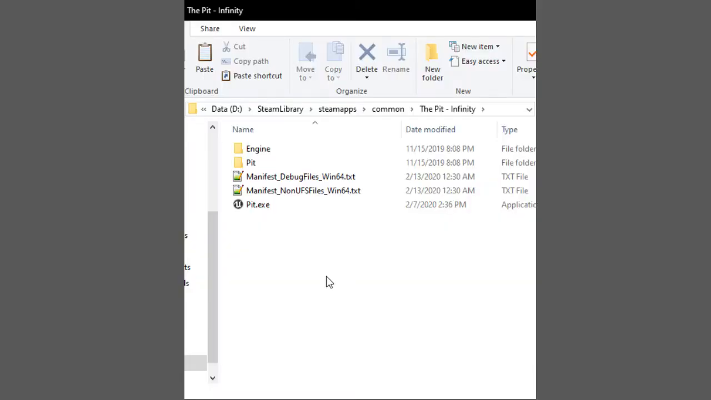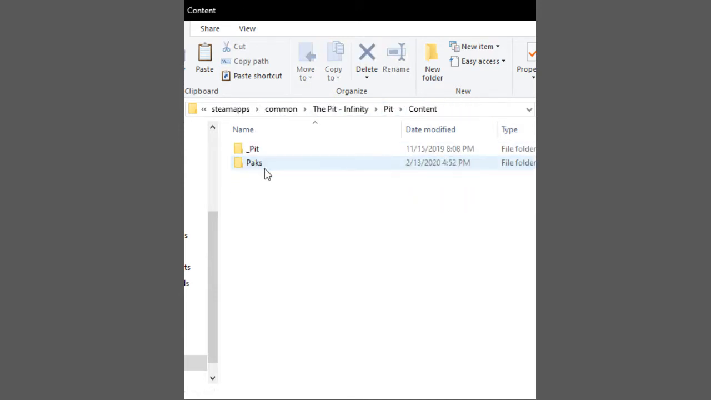Okay, so once you have those two things installed, you're going to want to go to your installation folder for the Pit, which is usually going to be in Steam Apps Common the Pit Infinity. Once you're there, dive into the Pit, then into content and the Pit again, and you're going to want this folder. You want to go ahead and make a copy of that, so you can select it, hit Control C